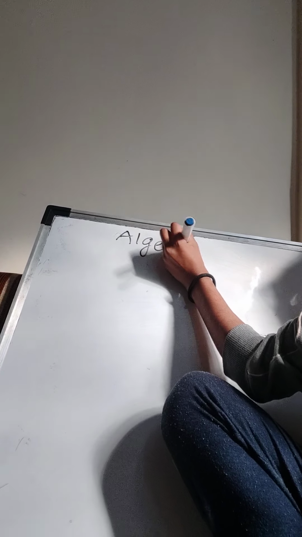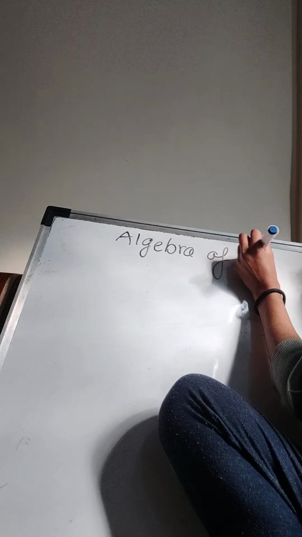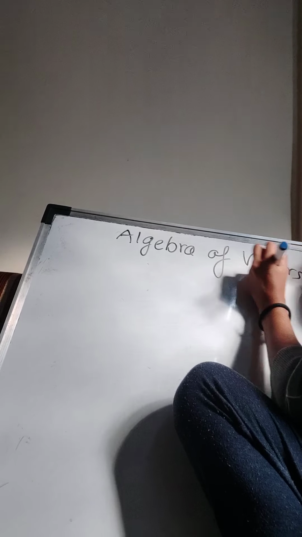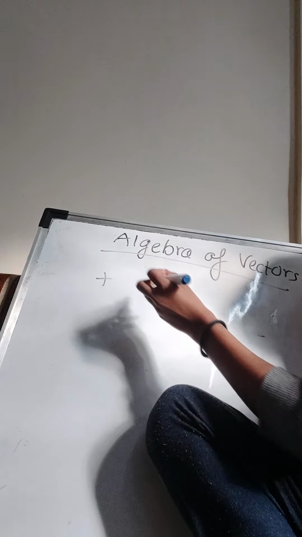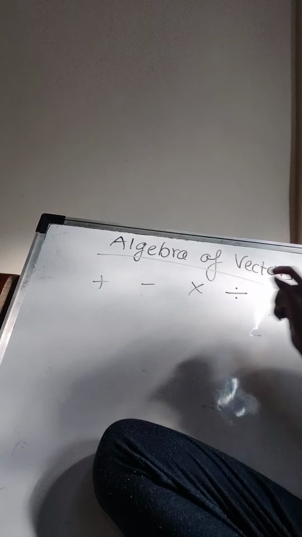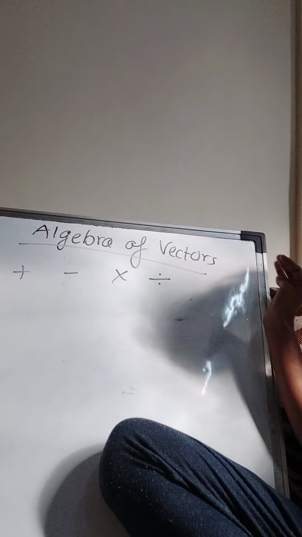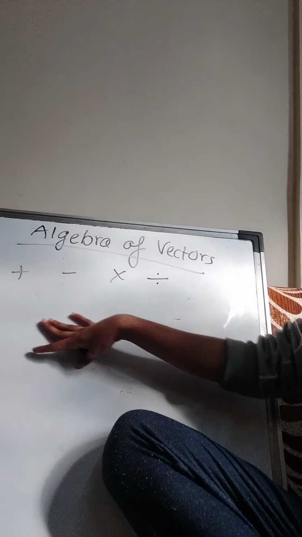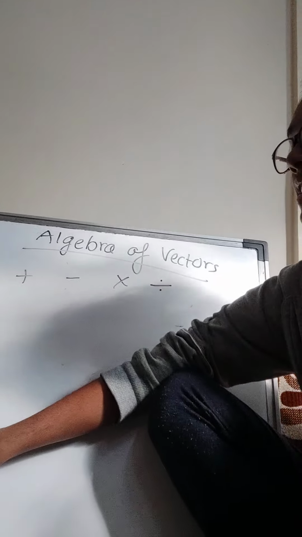Now let me start with the actual part, which is algebra of vectors. What is it? Algebra of vectors. Now algebra means everything: addition, subtraction, multiplication and division. But this will all become simple because in vectors